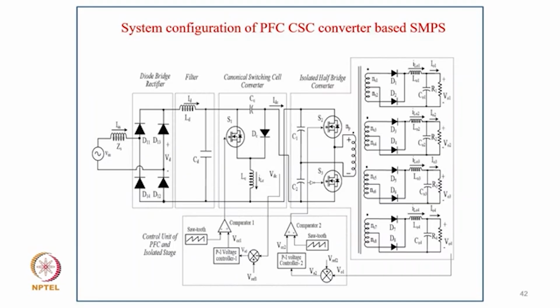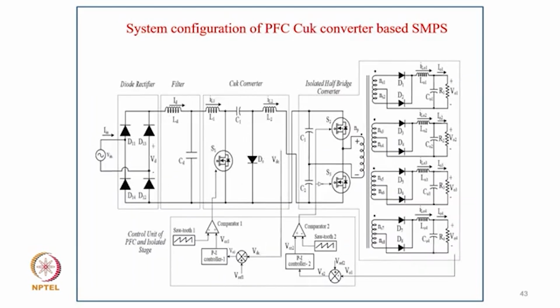So if the voltage is low, the decoupling voltage can be regulated to 300 volt, which is normally obtained from the diode rectifier at the input of the half bridge. And if it is 270 volt also, it can be reduced by buck operation of this canonical switching buck boost converter in between. So that's the advantage, the dual purpose it is serving: we have power factor correction as well as a well regulated output voltage at the input of the half bridge of this isolated DC-DC converter, and the control is shown here. Of course, we designed this inductor LC in DCM mode, which really gives an inherent power factor current on the supply without sensing input voltage and input current.